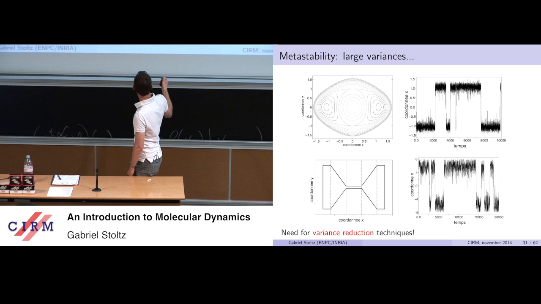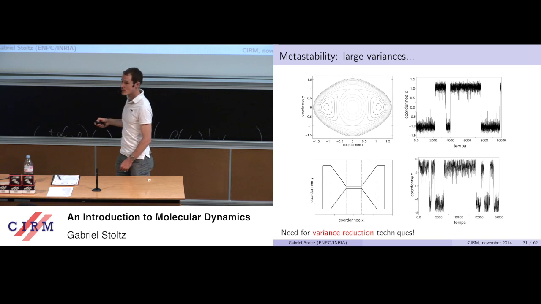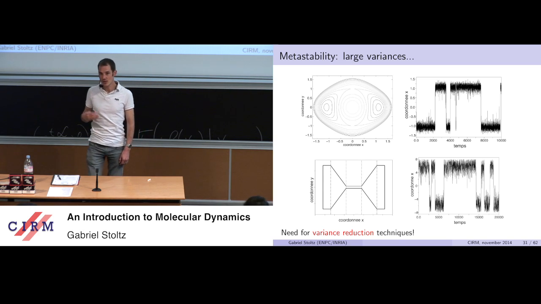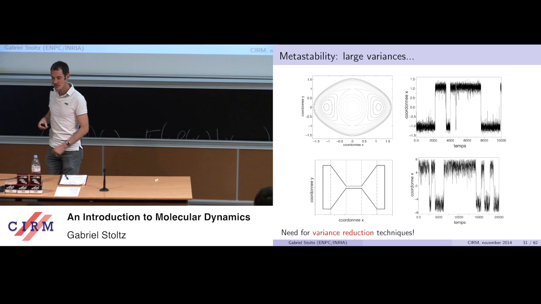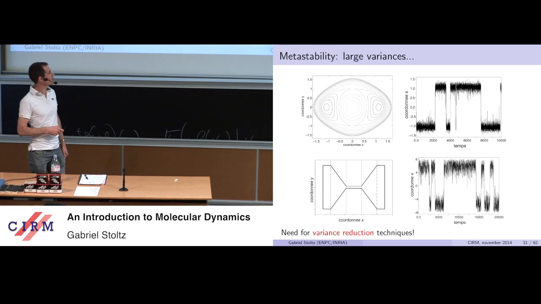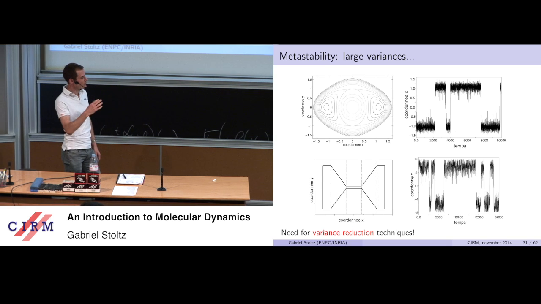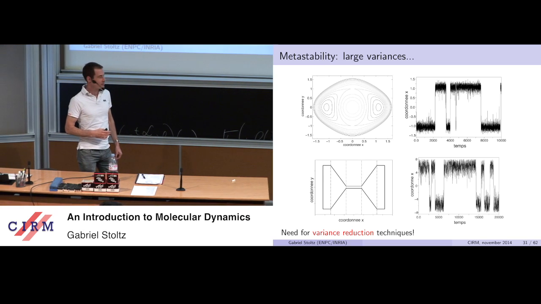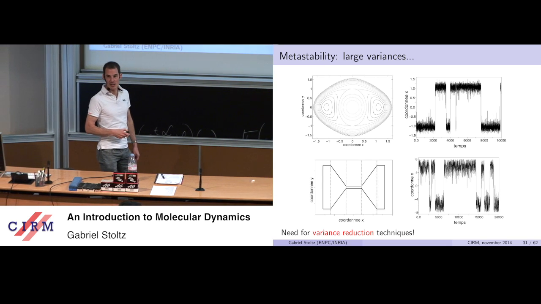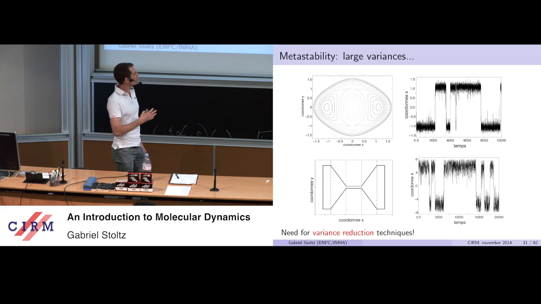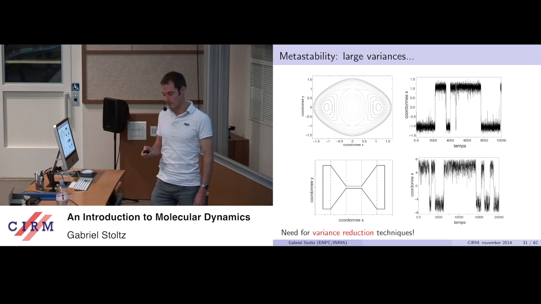And so if you are to compute the average position as a function of time, this is something which will converge to 0, I can guarantee you that, but it will do so at a very slow rate. So the prefactor in front of the 1 over square root of time for the statistical error will be very large, and much larger as you decrease the temperature.